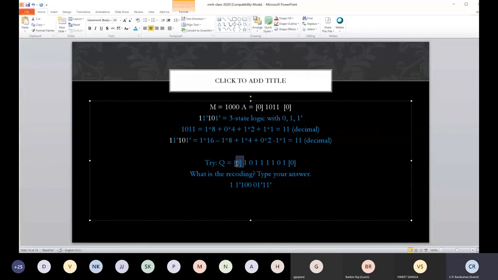So this 1 0 is represented here. Then the 0 1 is represented as 1 bar. This 1 0 becomes 1. And this 1 1 becomes 0.